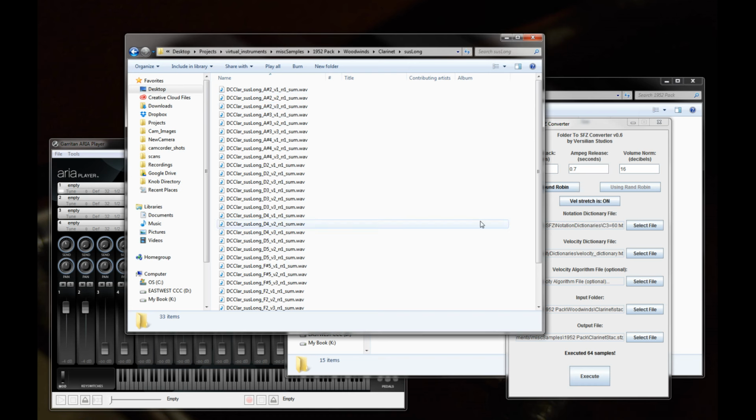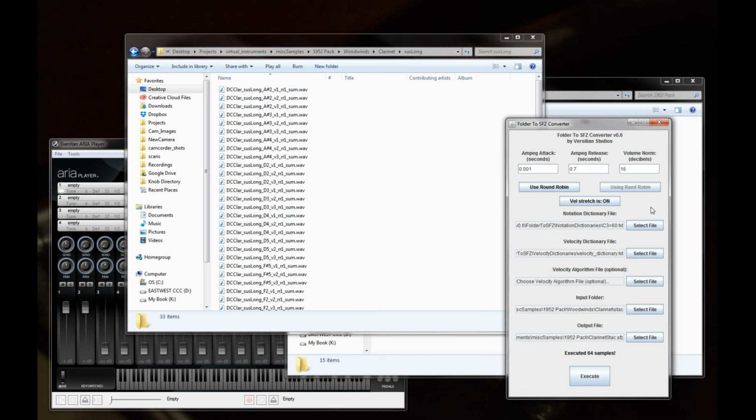Okay, one round robin. So let's take a look. I'm probably going to increase my velocity normalization. What this does is it assigns a little bit of extra volume to the quieter velocities and a little bit less to the higher ones. It tries to help you at least get a general balance, and you can always easily change that using the find